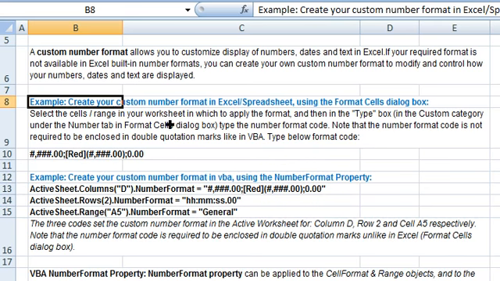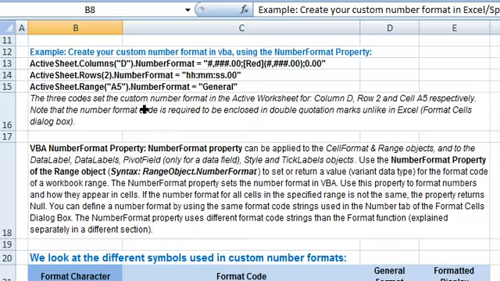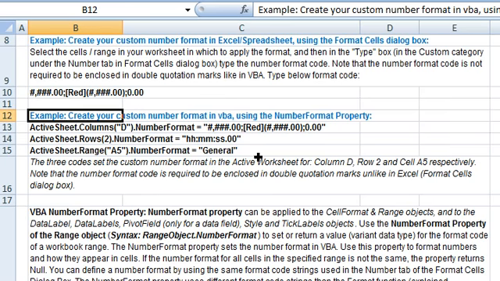Welcome to our video tutorial where we illustrate custom number formats in Excel VBA using the number format property. This is in continuation of the previous tutorial where we had explained how to create custom formats in the Excel spreadsheet using the format cells dialog box, and also how to create custom formats using the number format property